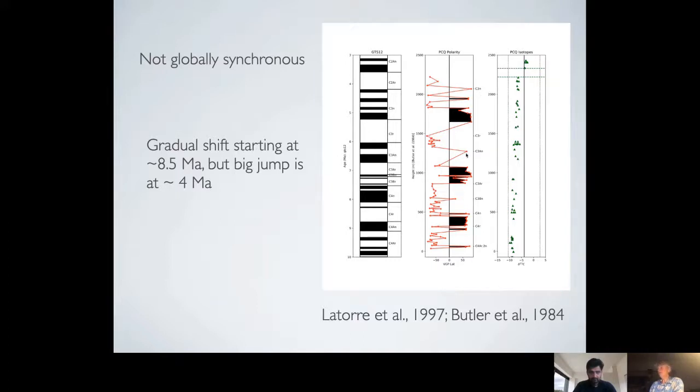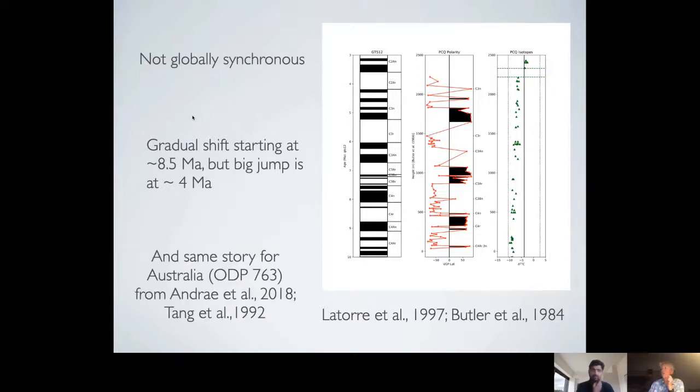Here's the timescale interpretation, and these are the isotopes, and you can see the transition occurs way up here, just in the Gauss, so 3.5, 4 million. There's a gradual shift that starts earlier, maybe around 9 million, 8.5 million, but this profound change to C4 dominance doesn't happen until about 3.5 million years ago. So it's not globally synchronous,